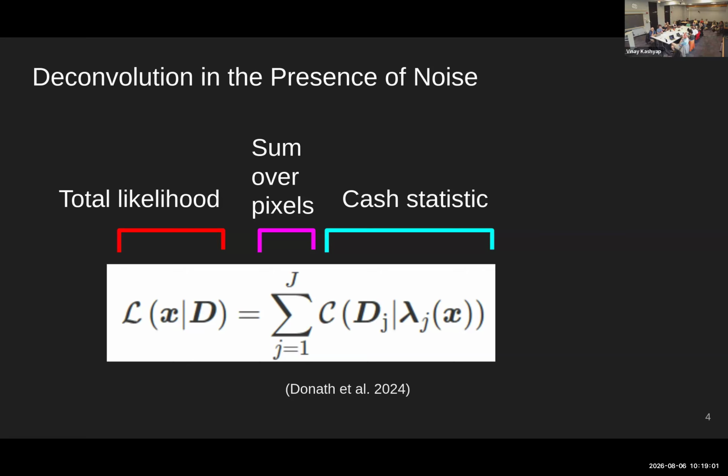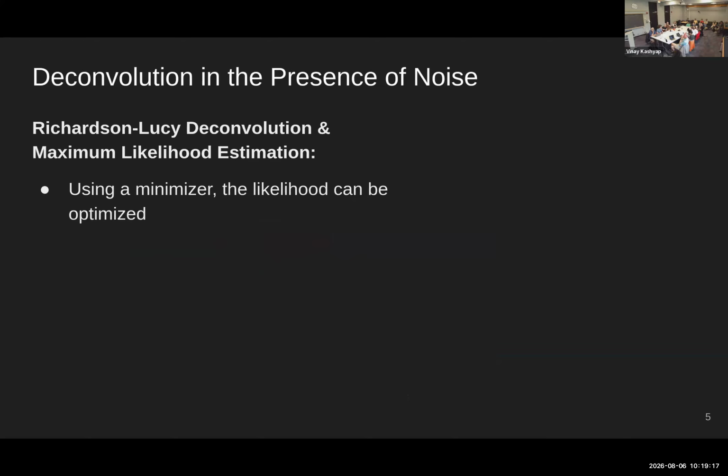For the astrophysics people, this is essentially just the Poisson likelihood of observing a certain number of counts. If you sum over all the pixels and use a function minimizer, performing multiple iterations, like a gradient descent model, you can arrive at a maximum likelihood estimate. If you take this to convergence,